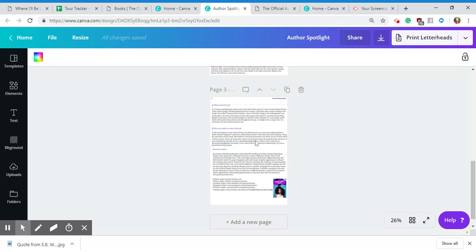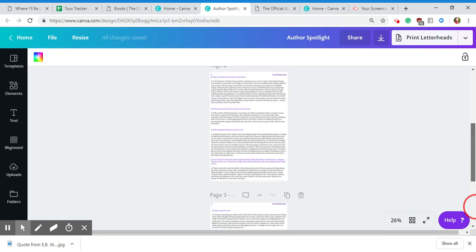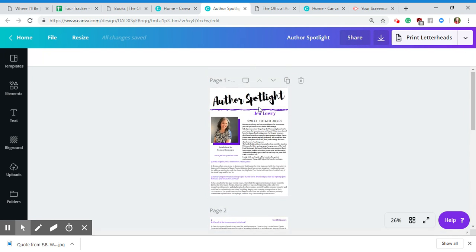The reason why I did that is because I'm setting up my tour tracker, as you can see, and I've already started to list down blog sites that are reviewing, the top 10 blogging review sites, looking through submission guidelines, and some of them are asking for a packet. So I'm going to include this in the packet. I also can include my media kit, which I have already completed. And so I thought the author spotlight was just a pretty good idea.